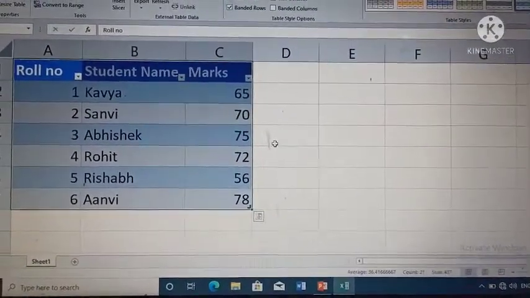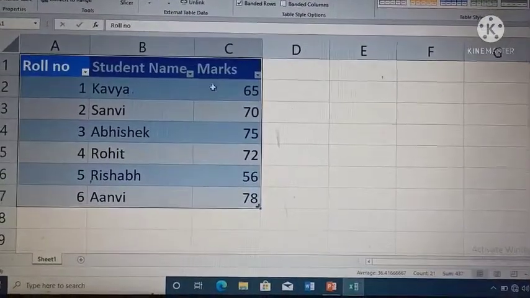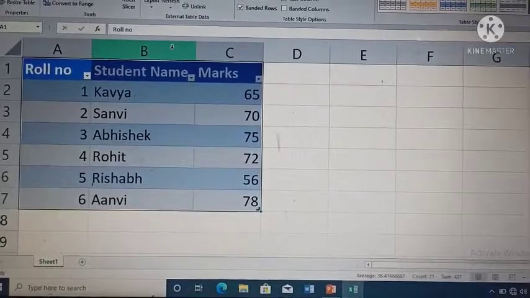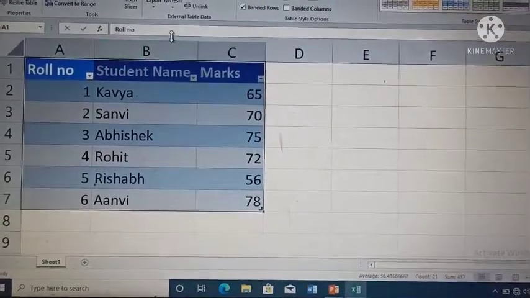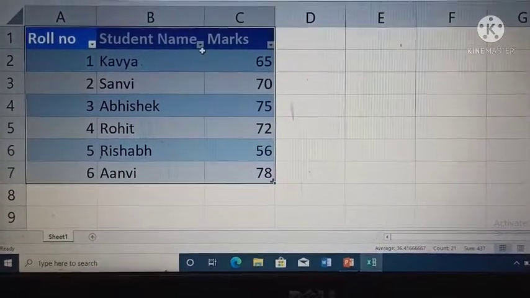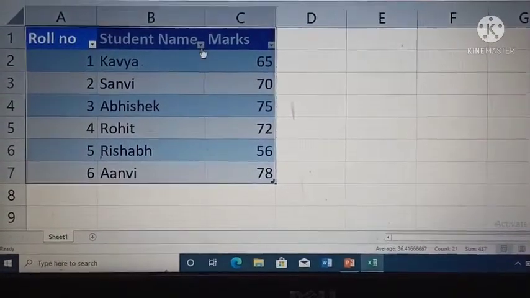MS Excel changes the data into a table. It fills the cells of the table with blue shading and displays a filter arrow for each field. Look at the table. This is a filter arrow.